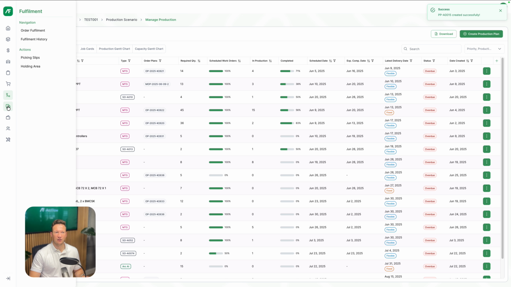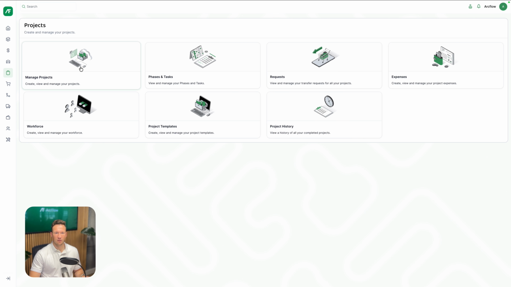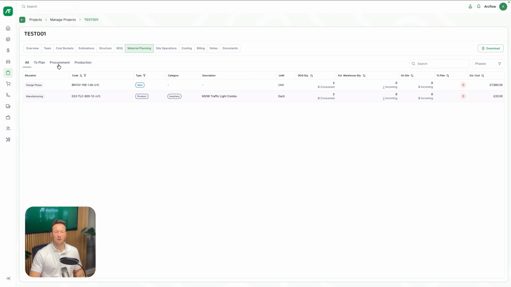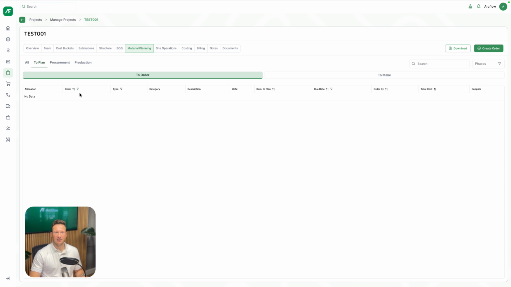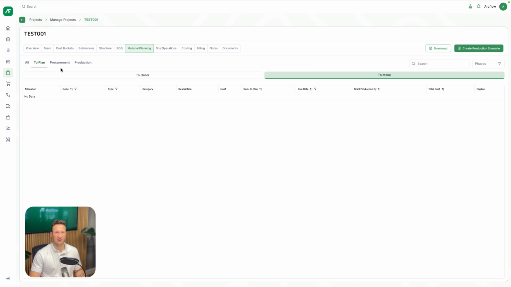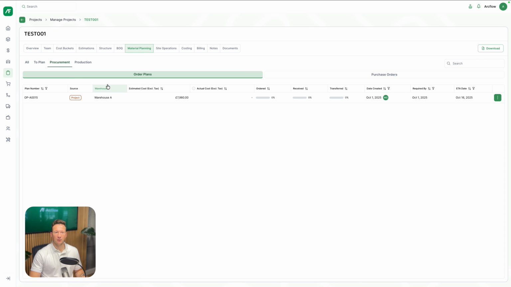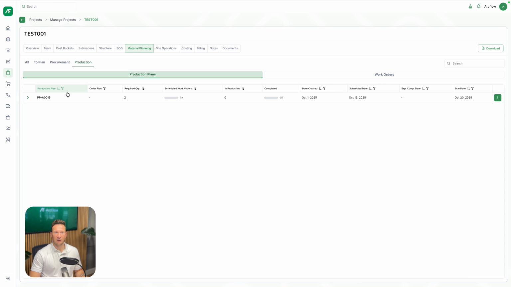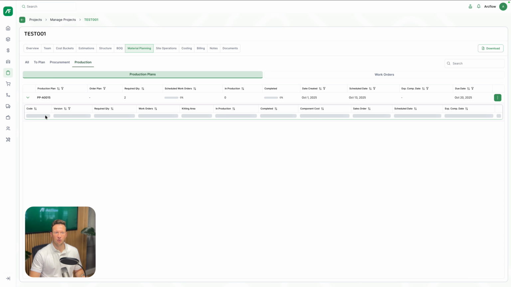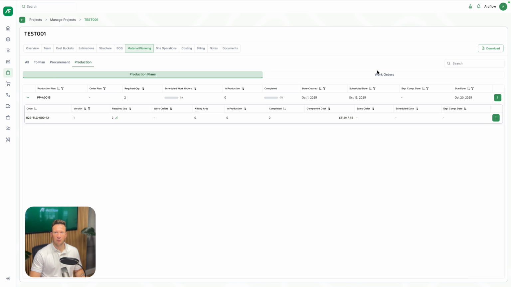So let's go back into our project. And now we're back at the material planning section. I can see that there's nothing to plan in the to order section, and there's nothing to plan in the to make section. If we go into procurement, I can see that there's an order plan for this item, but we haven't started procuring it. And there is a production plan for the 2 products we need to make, but we haven't gone ahead and